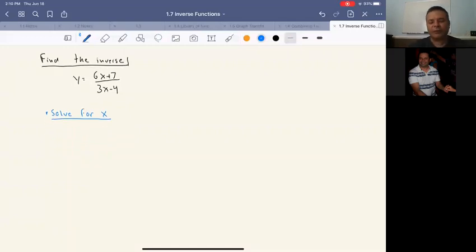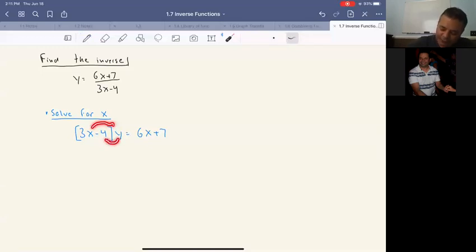Okay, so when we solve for x, we're going to start by multiplying both sides by this 3x minus 4. Okay, 3x minus 4 times y equals 6x plus 7. Now when we solve for x, we want to get x all on one side. So we're going to go ahead and distribute this y here. Okay, so we're going to have 3xy minus 4y equals 6x